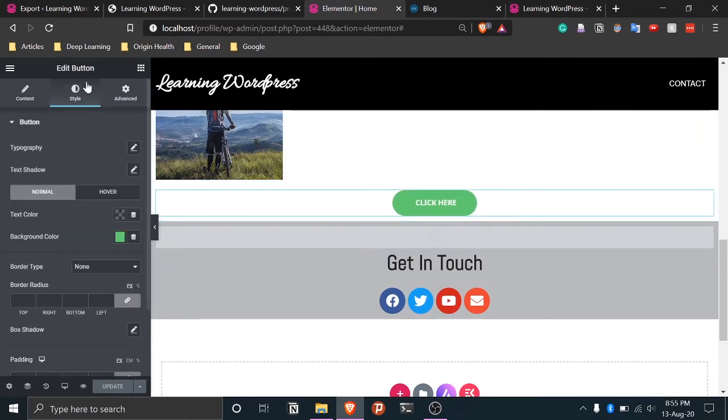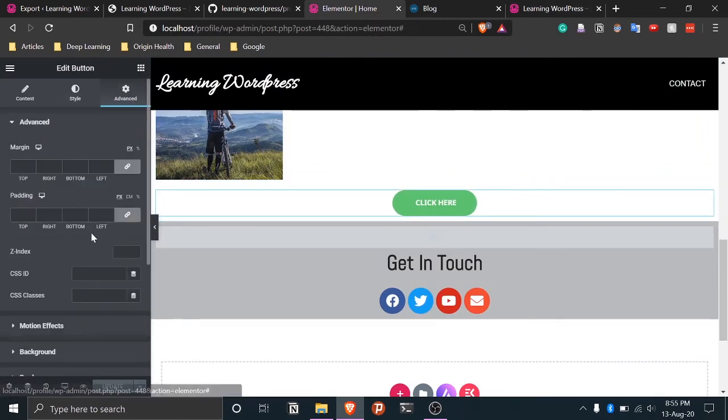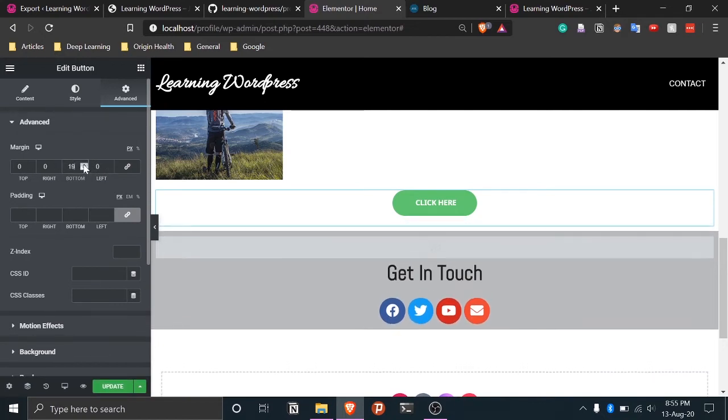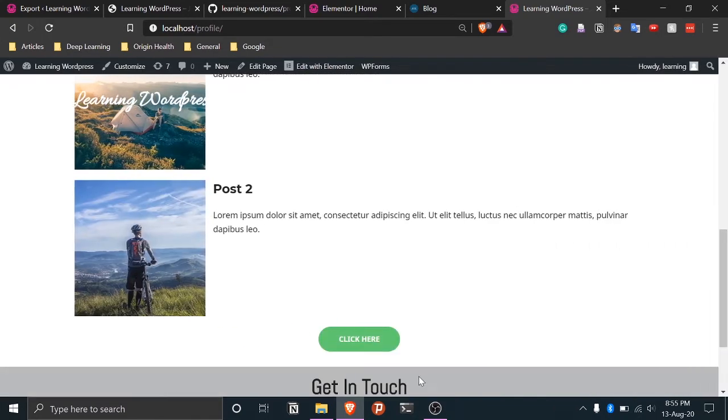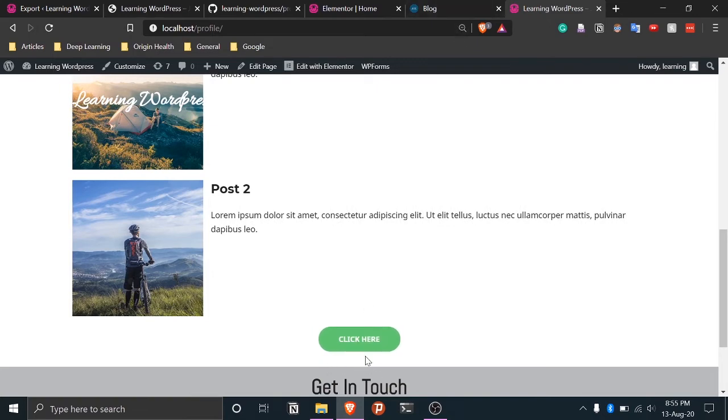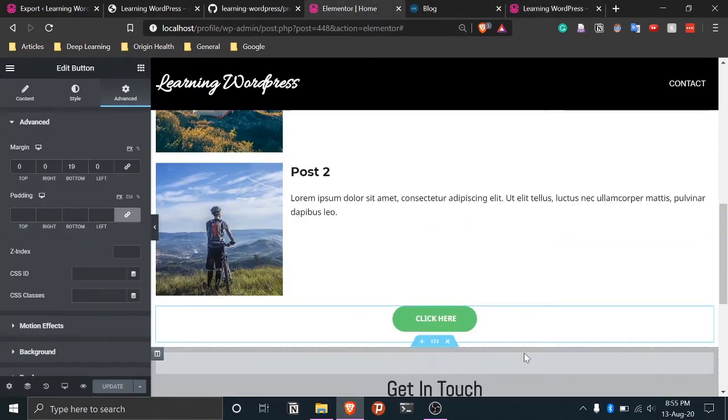So we can go here and go to advanced, then margin, and here the bottom we can increase the padding. So let's say this is fine, so we can update and this will take effect. So yeah, now you can see there's a small gap here, just as we made here.